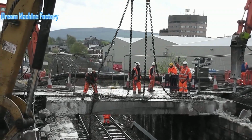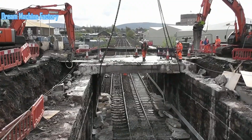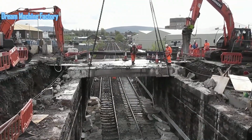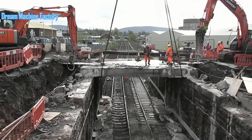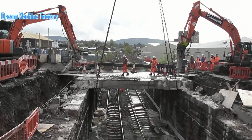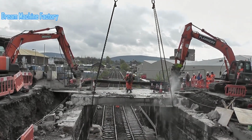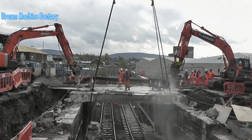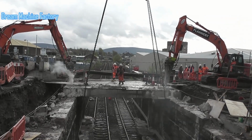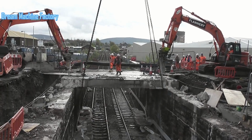This bridge, carrying a crucial link on the railway line that connected Manchester with surrounding towns and cities, was a critical infrastructure component. In light of the rapidly increasing demand for efficient and sustainable rail transport in the area, the bridge replacement was a necessary step for Network Rail, which oversaw the project. The demolition and subsequent rebuilding of the bridge was projected to enable higher frequency of services, more reliable trains, and